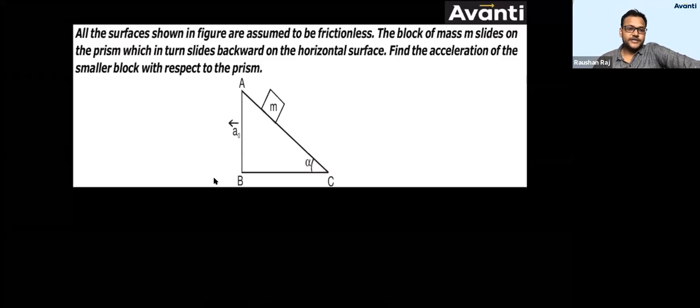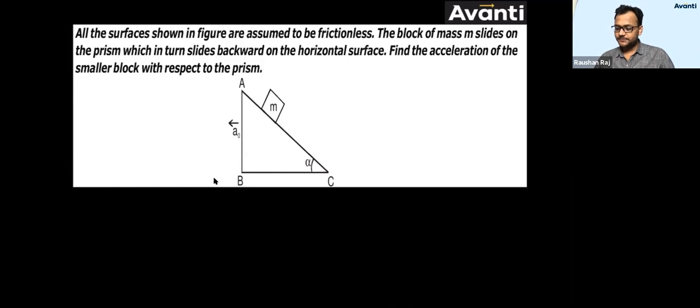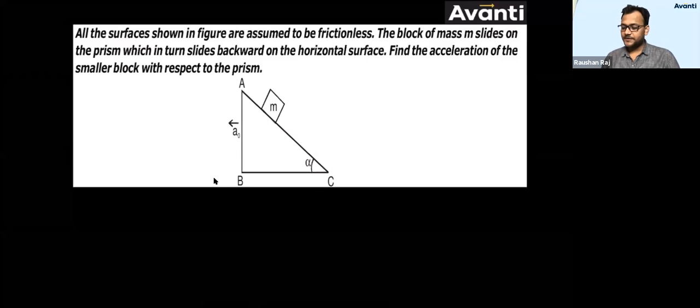Come on guys, give me the answer for this. You need the mass of the prism. Are you sure? Consider the mass of the prism as capital M. I don't think you'll need the mass of the prism, Tanmay. You don't need it actually. But if you anyhow need it, the expression is g sin theta minus a naught cos theta.